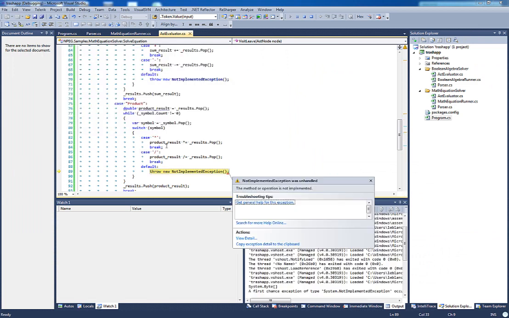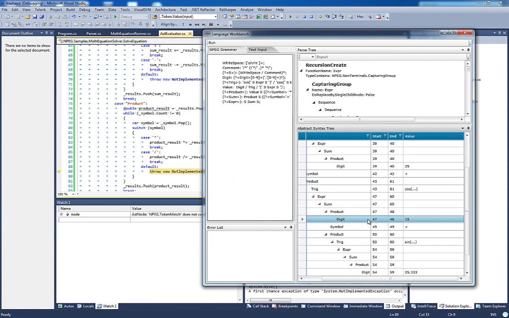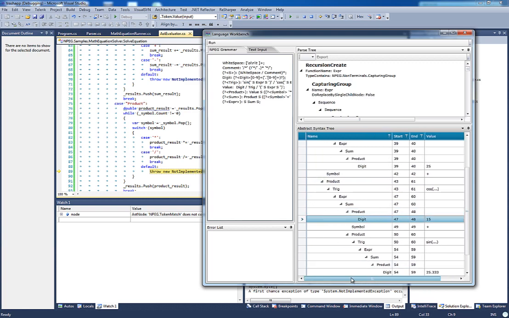Let's run this again. So it's 15. So when 15 is popped off, it throws an exception because a symbol is already, this symbol is what's causing the problem here. So we can't assume that